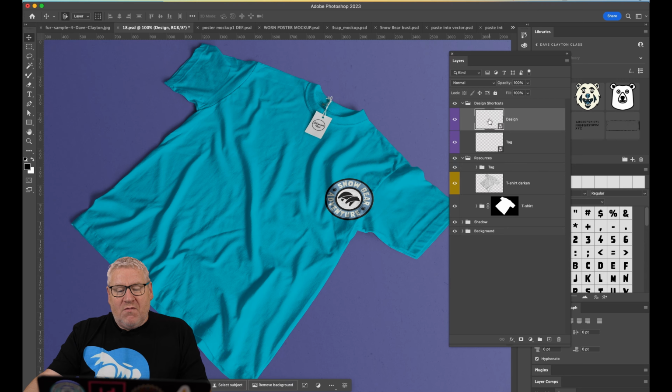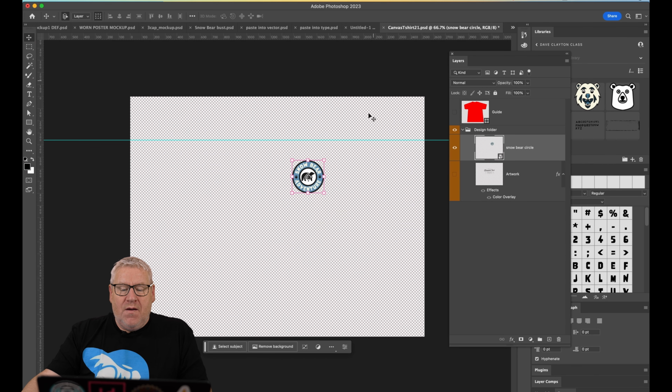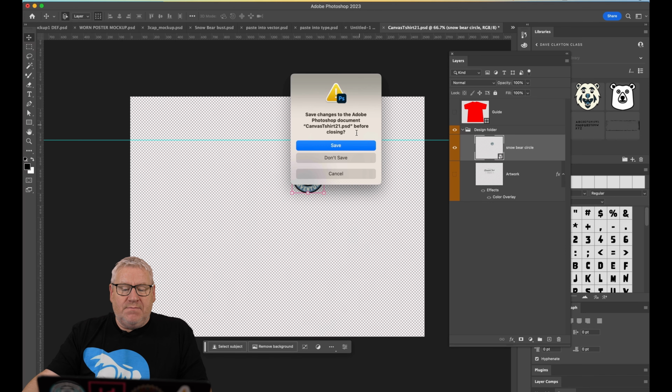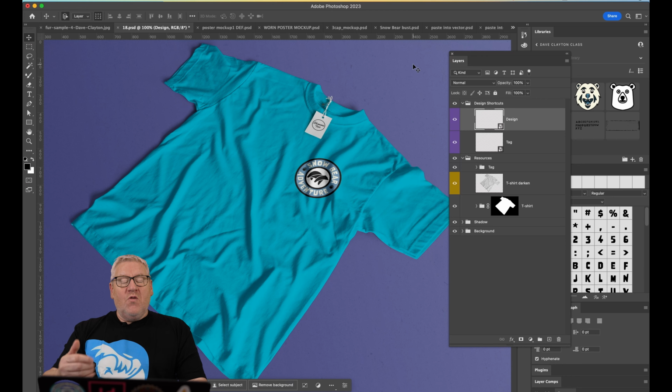Almost there, we got it almost right. We'll just do one more. Let's just move it across like so. Let's just close it, save it. That's better. So look how cool that looks. It looks like the logo has actually been printed right on top of the t-shirt, and we've got all the folds and creases. So if you were to send that to someone and say, hey, I'm releasing my new brand